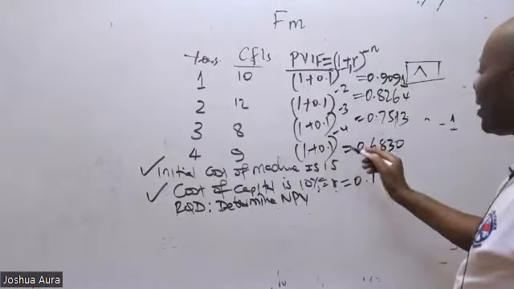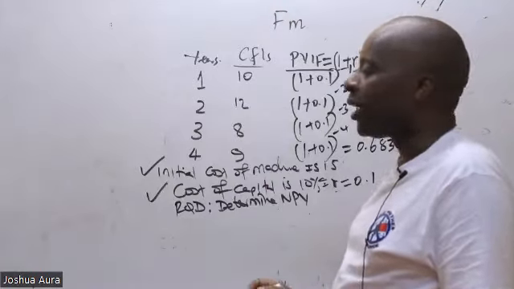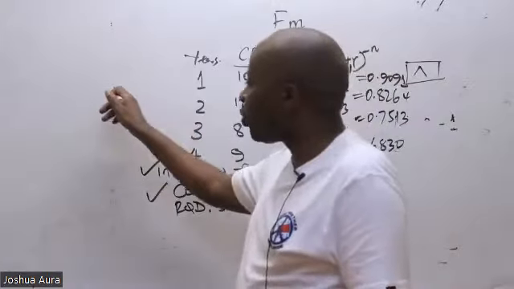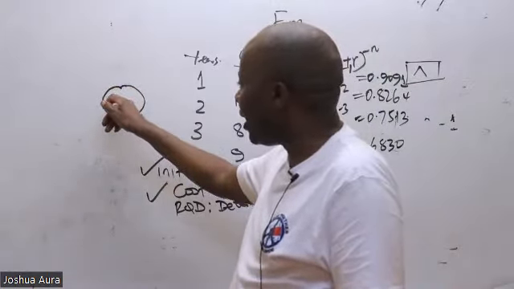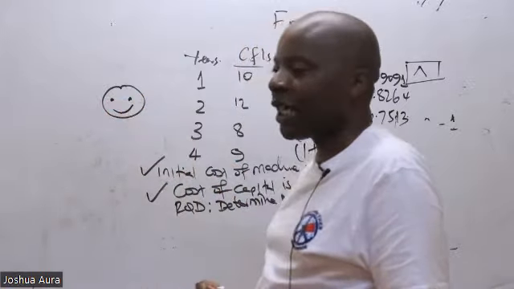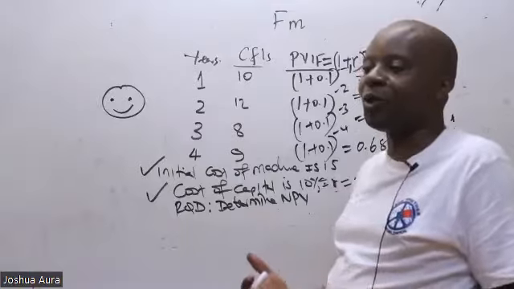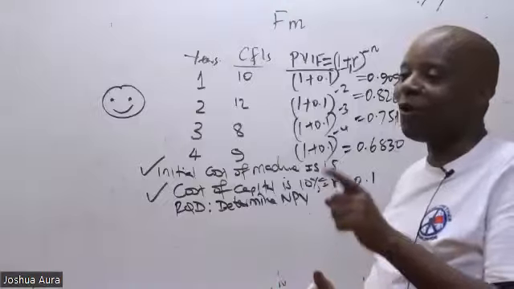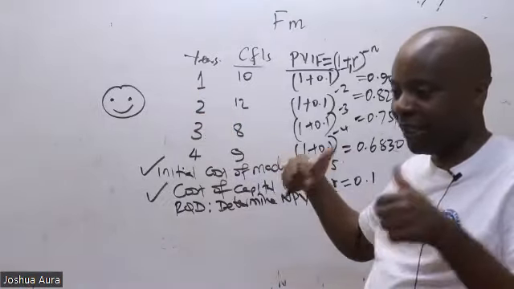Now, ladies and gentlemen, when I teach, I expect my students to be using two emojis. These are the two emojis that I really love. If you're understanding, I expect you to look for an emoji that is smiling. Emoji comes from the word emoticon, coming also from emotions. So if you're so happy, you look for that emoji and put it there. I'll be able to know that now my students are happy.